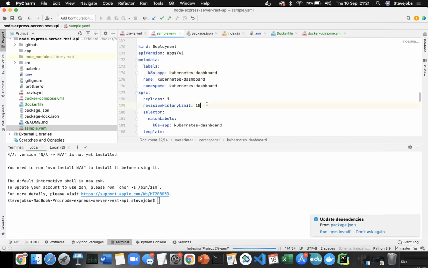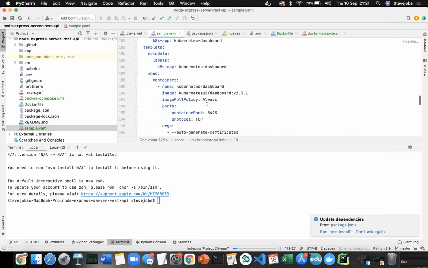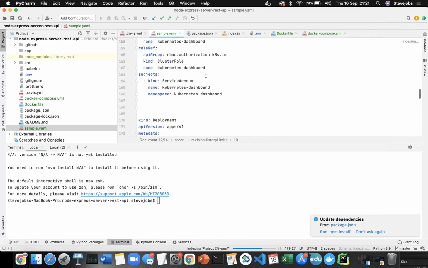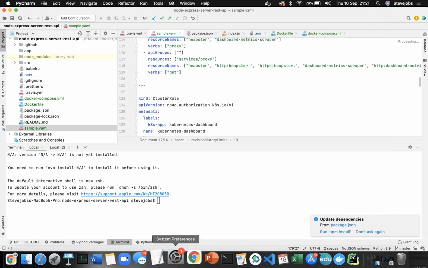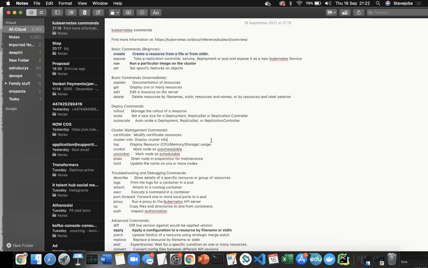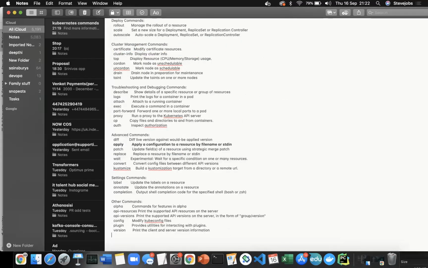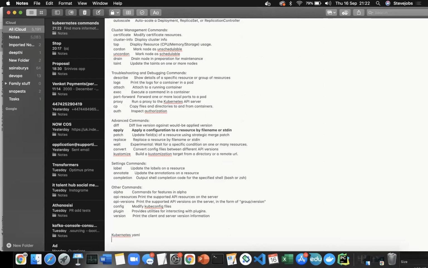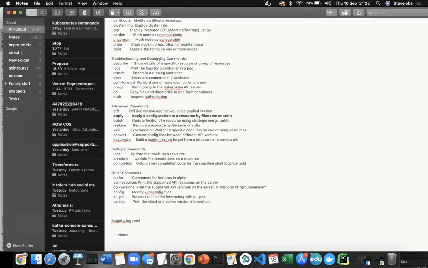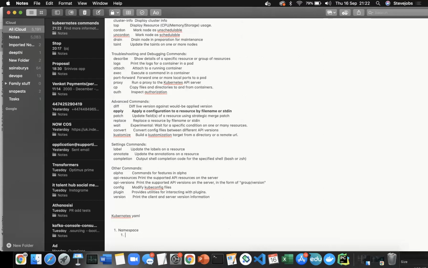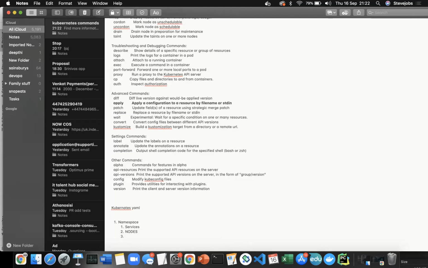So here you can see that we have multiple components. If you ask me what you have to watch out for in Kubernetes, it is the YAML file. First, you need to have a namespace. Under the namespace we will have different services. These are all the Kubernetes components. Last time we showed you an image. Based on that image, we have nodes, which are the actual nodes. We also have config maps.